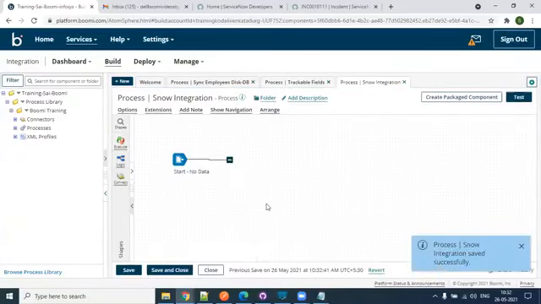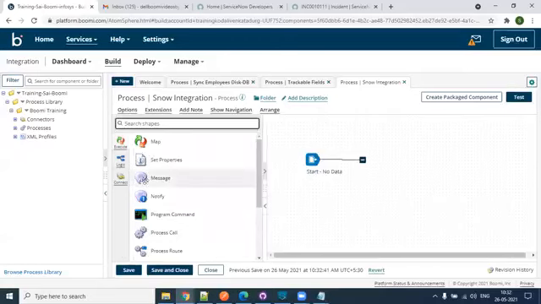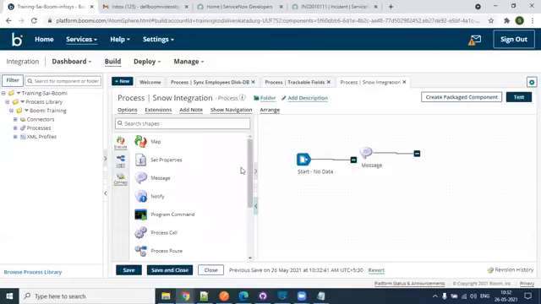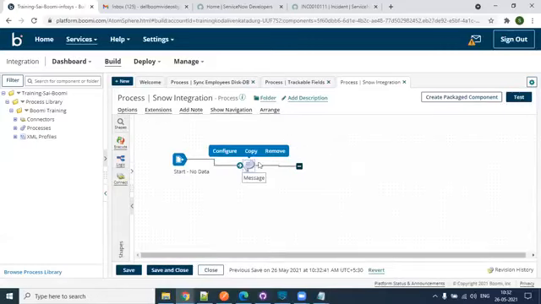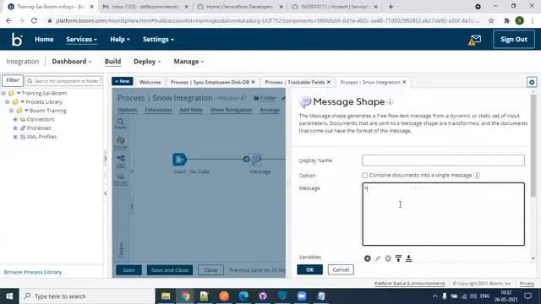Perfect. Right. So we typically start a process with the start shape of no data type, and then we may have a message shape. Instead of a message shape, in real time we may have the data coming from some source application. Do you recall we created some error message structure like this, in which we can have